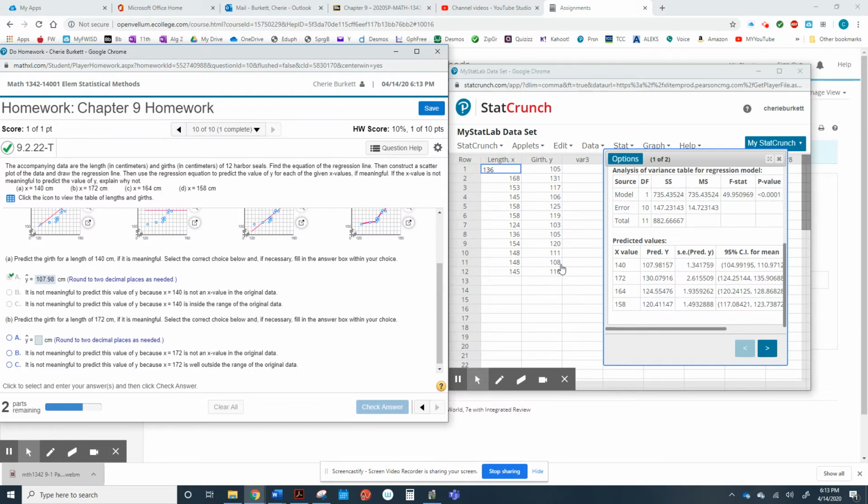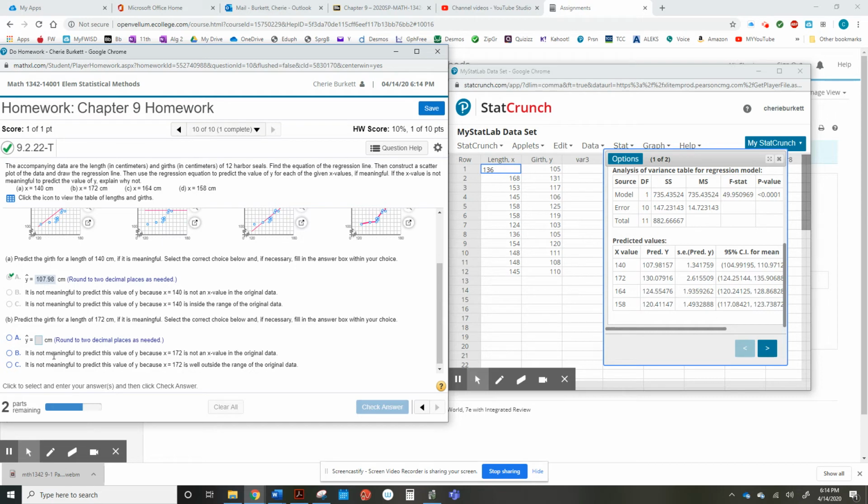I was prepping for the video and I missed this one because I went over here and I typed in 172 and I put in 130.08. There's nothing wrong with the answer, 130.08. But because of these other choices down here, we have to consider that just because we get a value for y doesn't mean we want it. So if you type in 130.08, which is correct, you're going to get the wrong answer